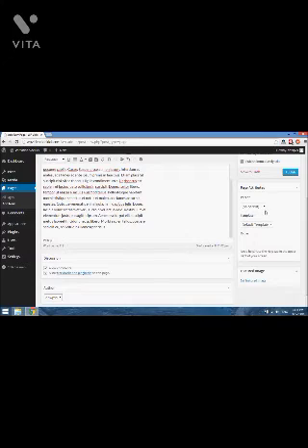But if we go back to page attributes now, what you can do here is select a parent page for this page. So what would happen is that if we selected the sample page as a parent page, then in our menu, this page would appear below the sample page. And we also have the option to select templates. Now the default template will be, as it says, the default layout for your website, which